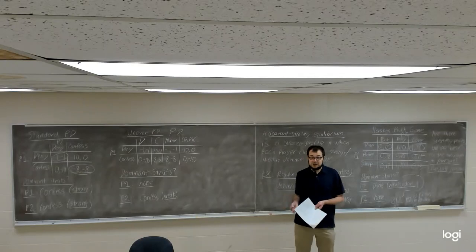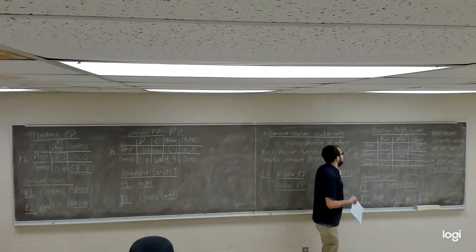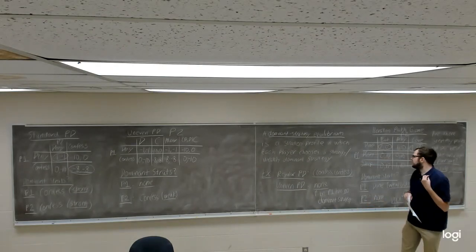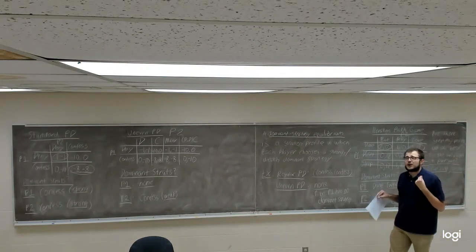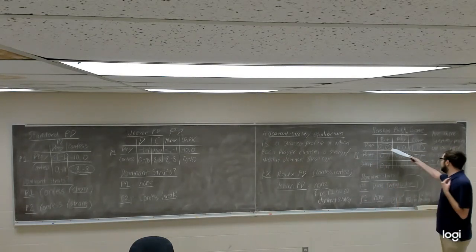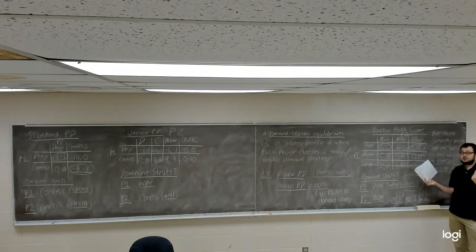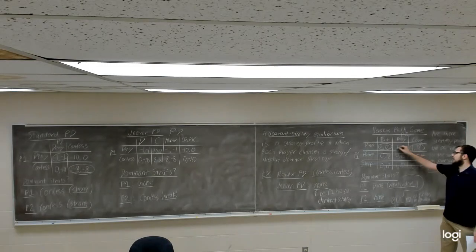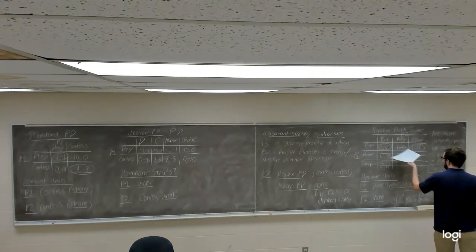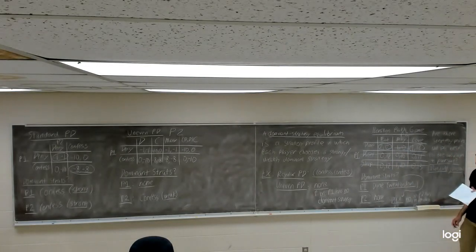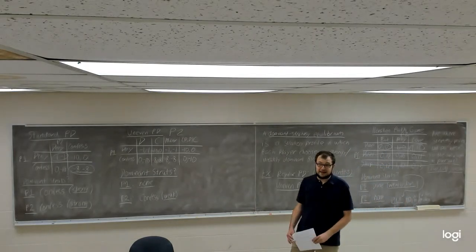So let's go now to player 2's perspective. If player 2 is thinking, all right, player 1's probably going to choose dine, so I should choose my strategy with that in mind. If you were player 2 here, would you choose eat, pray, or love? Well, I know player 1 is going to choose dine. I'm not going to choose pray, because I don't want a payoff of 10. I would choose eat or love, because if I'm player 2, eat and love both give me a payoff of 12.